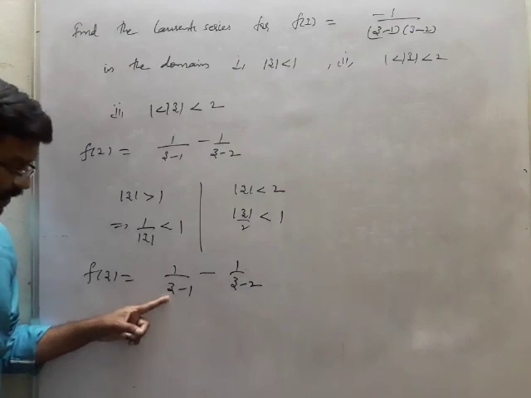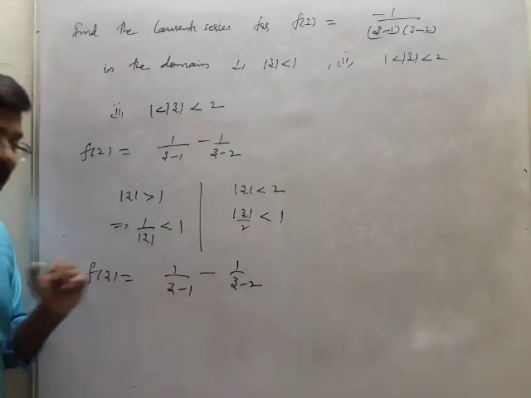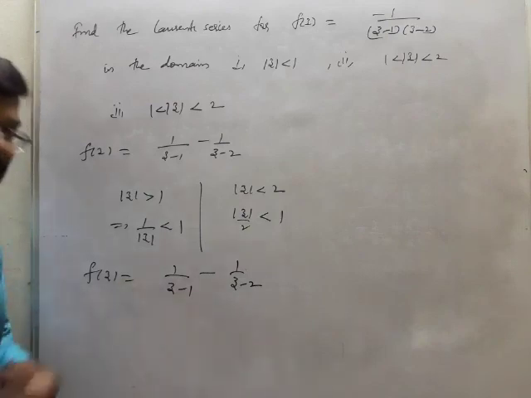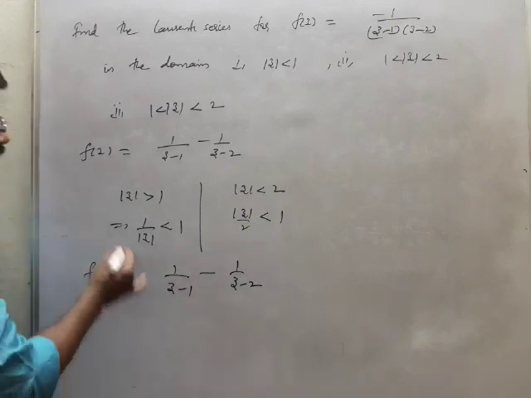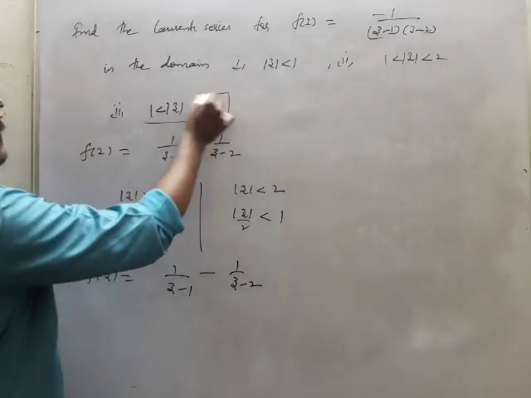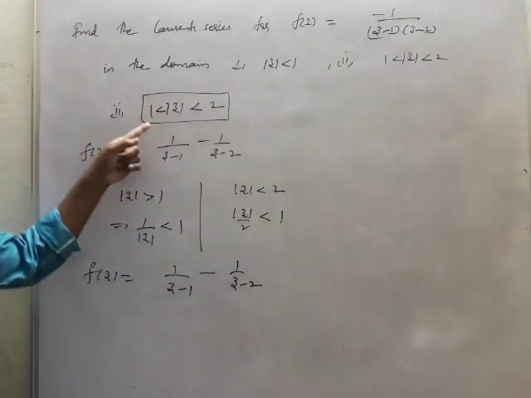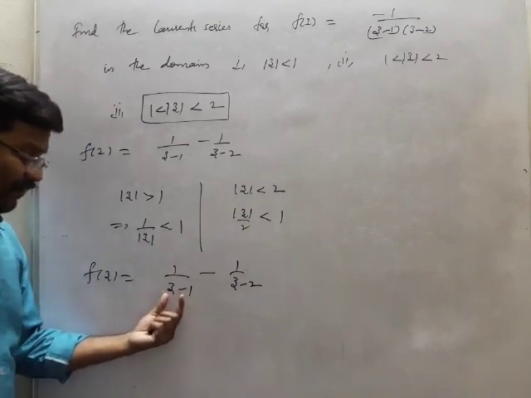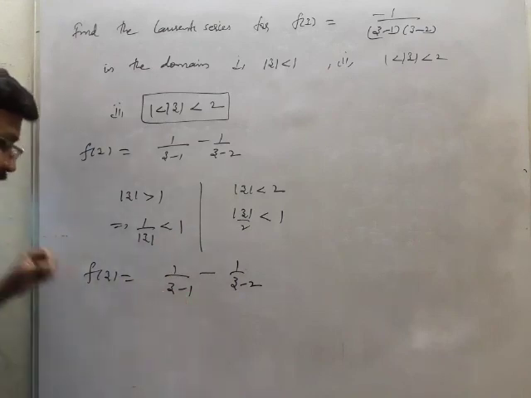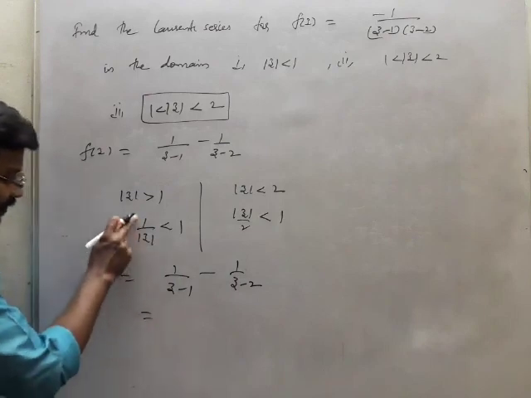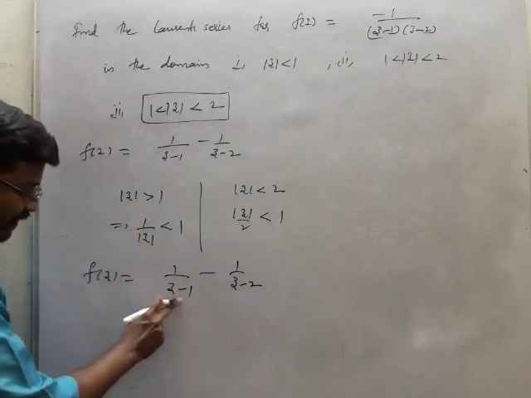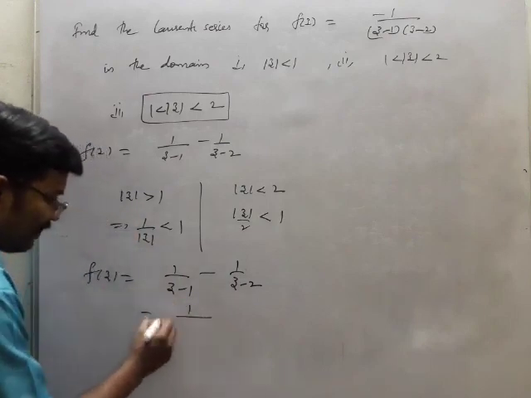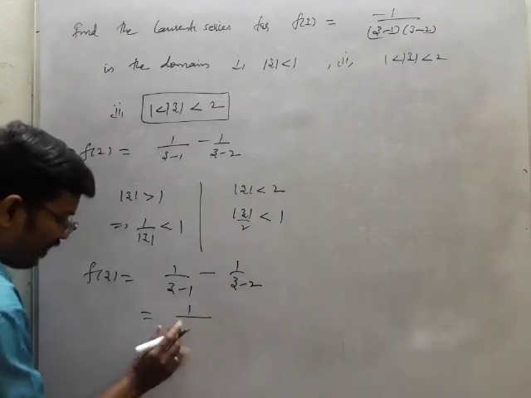If you take z common, you will be getting 1 minus 1 by z. So therefore you can expand, otherwise you cannot expand. Because of that, you have to be careful about the condition which is given. This condition tells us which one we have to take common. Now I should get 1 by mod z, so I'll take z common here.